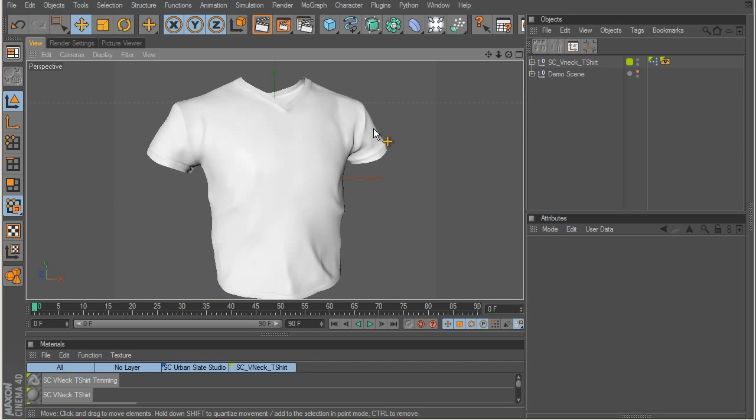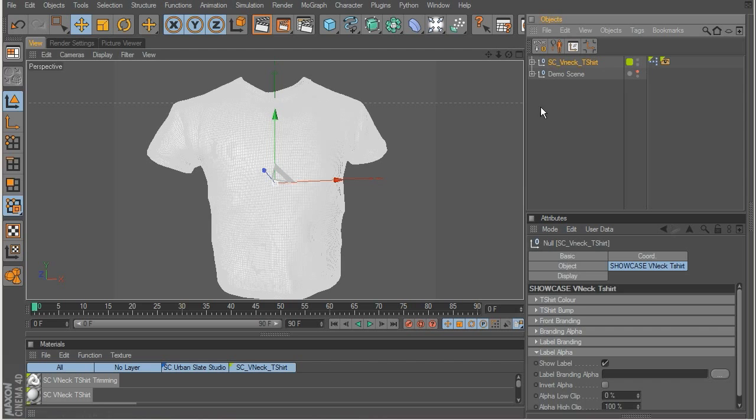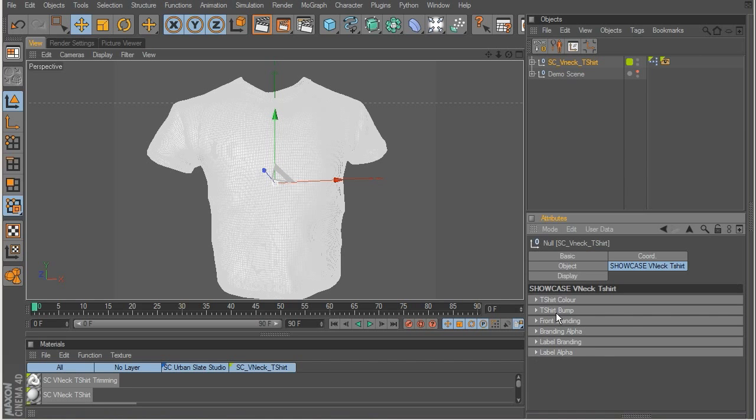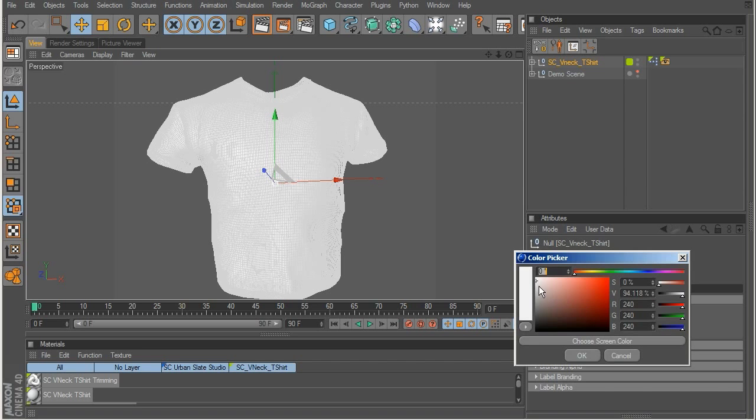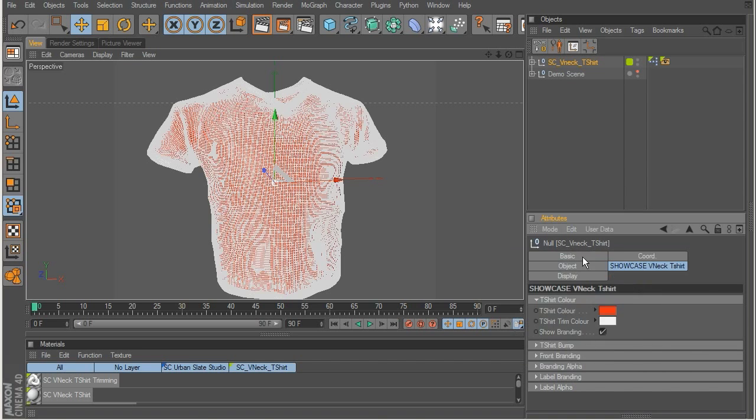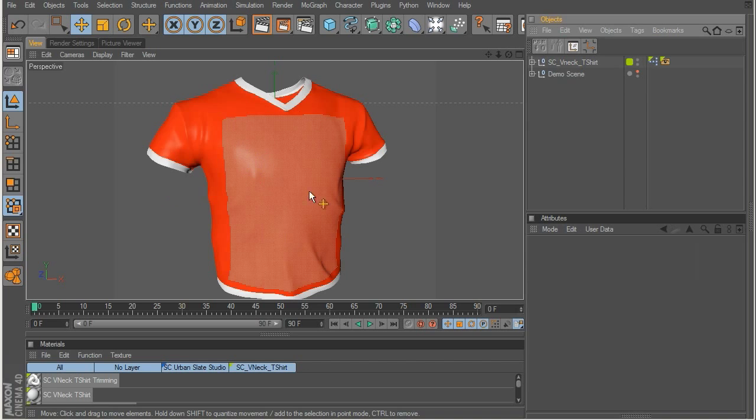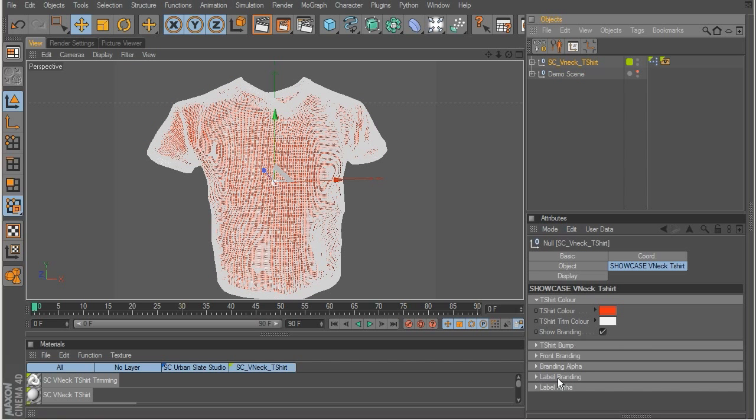The t-shirt is very stylized, detailed, very realistic, and very easy to brand. I just want to show you guys a quick example of how these t-shirts are branded. First of all, with the color, you can change the color of the shirt and the trim independently. This square over here is because of the alpha